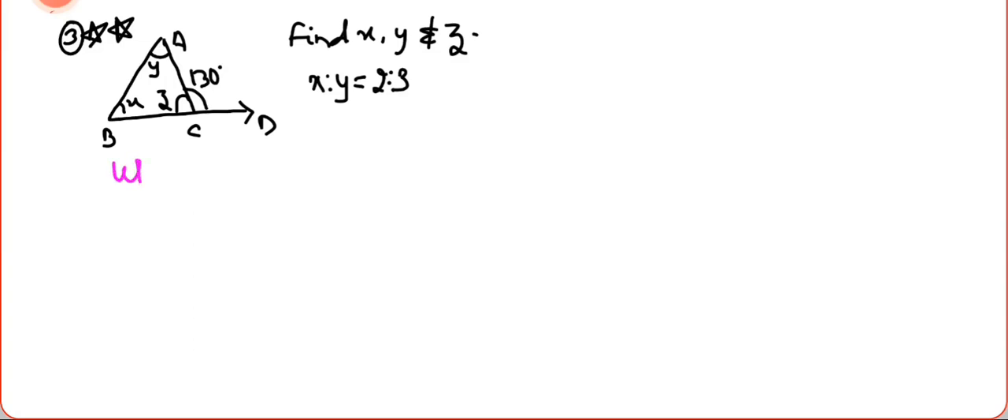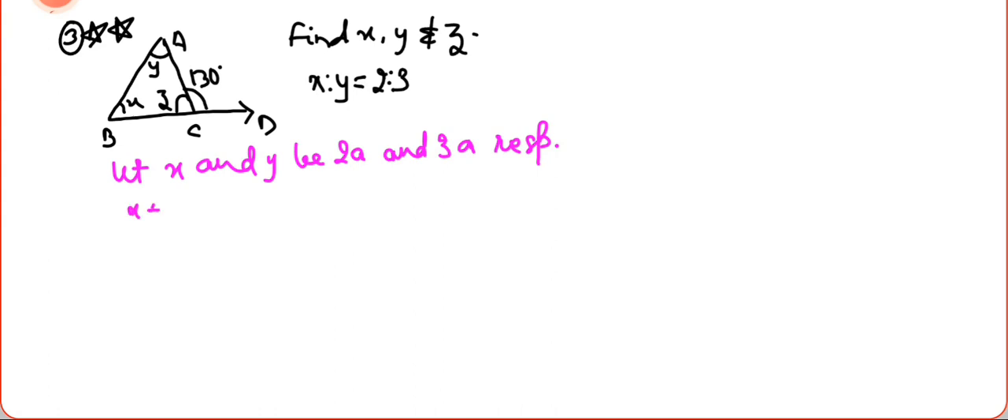Let X and Y be 2A and 3A respectively. We have studied in the ratio and proportion part that if the ratio has been given, we can multiply the numerator and denominator by any constant term. So here we are multiplying the first term and the second term by a constant term, that is A. Now, from the exterior angle property of triangle, we can write that X plus Y